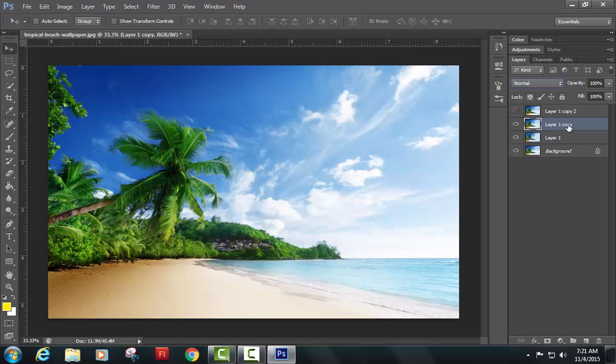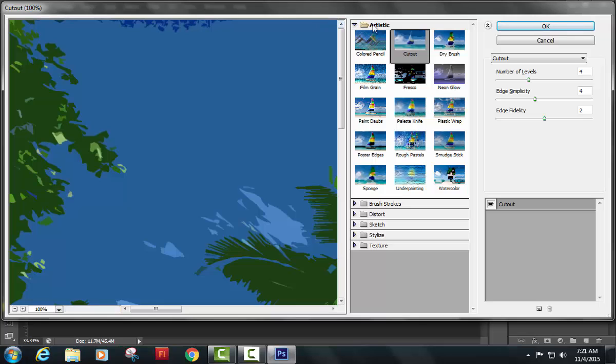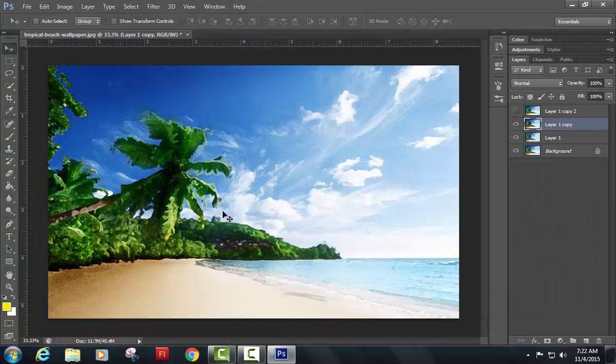For this one, we're going to apply another filter. We're going to go back to filter, open our filter gallery. It's also under the artistic folder, and we're going to choose the dry brush filter. When the dialog box opens, we're going to reset each of these numbers. Yours will probably not be set correctly, but I've done this before, so mine is. So again, my brush size should be set to 10, brush detail 10, and texture 3. I'm going to hit OK, and you can see again I've made some significant changes